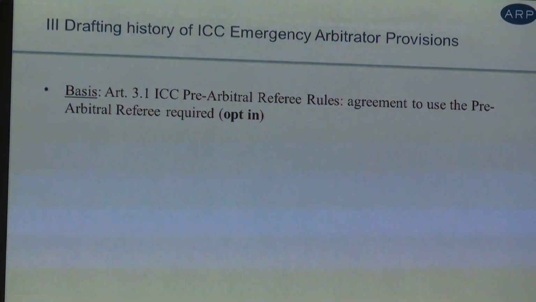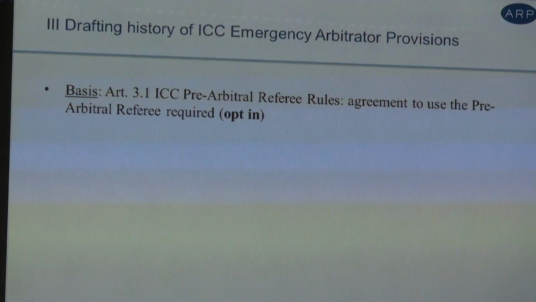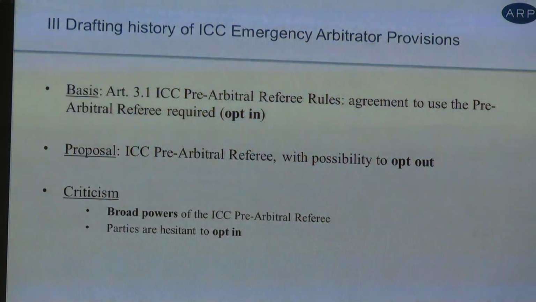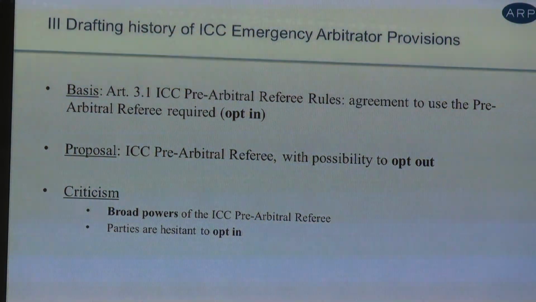This was the basis, and there was a proposal that these rules shall be made in a way mandatory, that whenever the parties agree on ICC arbitration, they automatically submit to the jurisdiction of this pre-arbitral referee. But others found that, if the parties want, they can always opt out of the jurisdiction of the pre-arbitral referee. But there was criticism, which was that the ICC pre-arbitral referee has very broad powers, and perhaps the parties do not expect the ICC